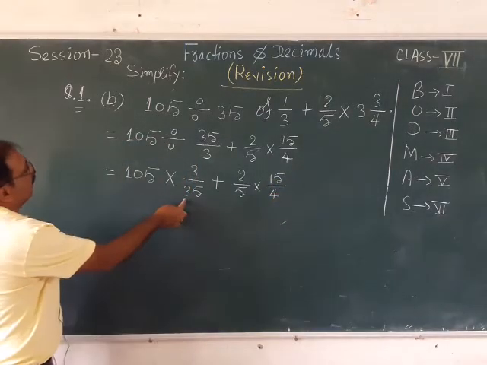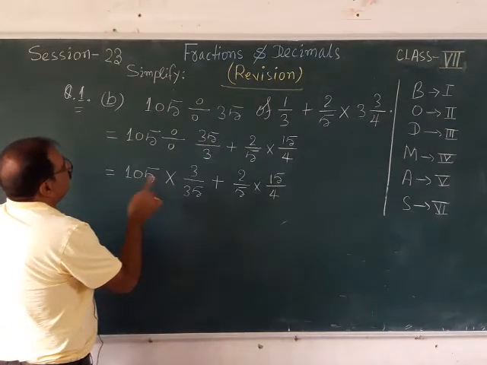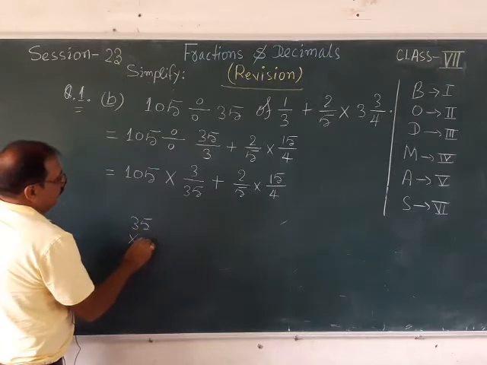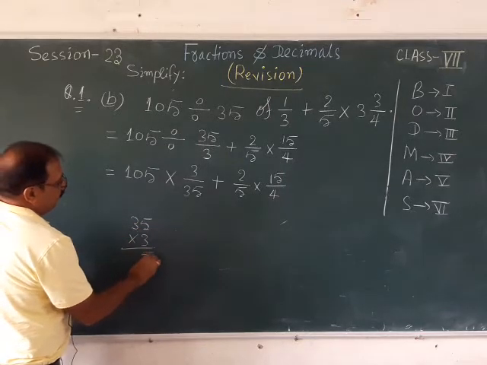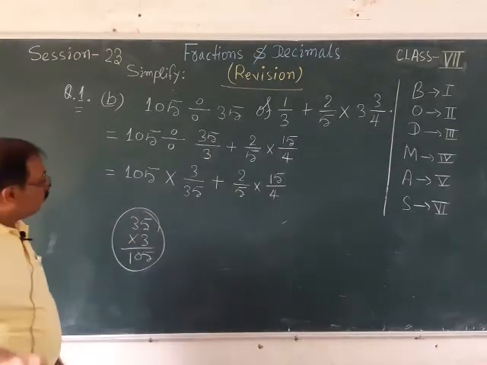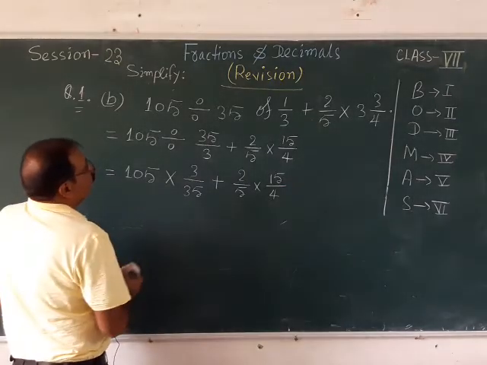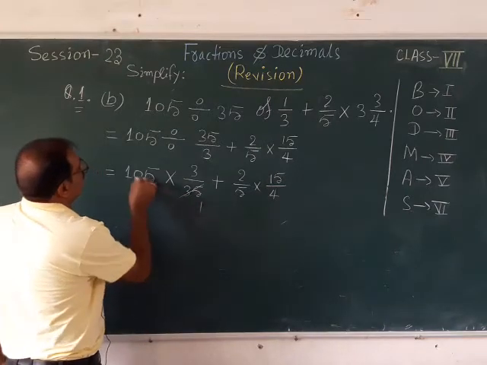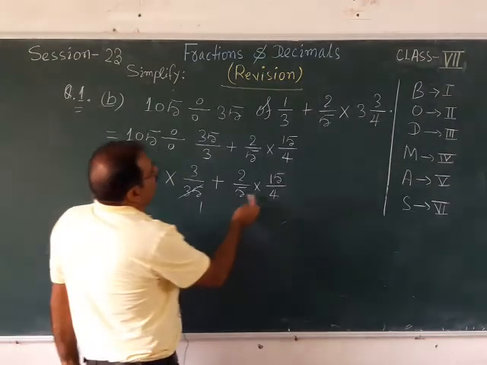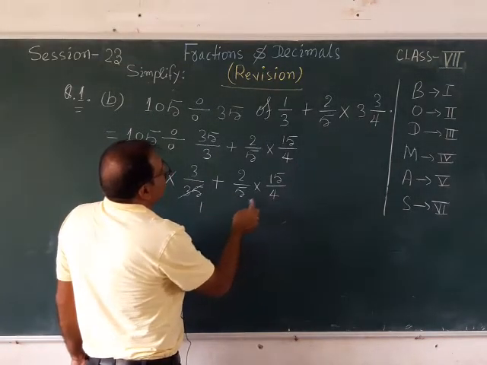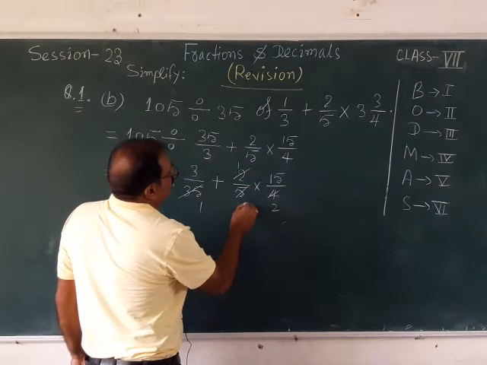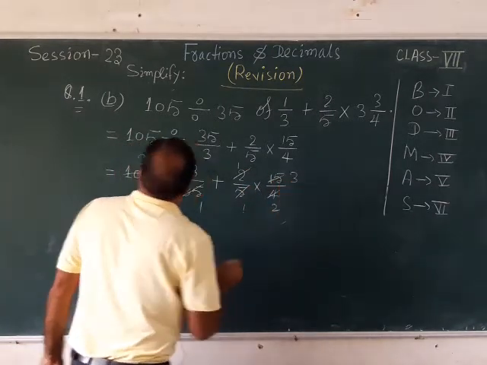Now if you can cancel here, you can cancel 35 into 3, which means 105. When you multiply 35 by 3, it will be 5 threes are 15, 5 carry 1, 3 threes are 9, plus 1 is 10. That means 35 into 3 gives you 105. So you can cancel 35 once, and 3 times you can cancel 105. Now there is one more multiplication sign, that work you can do. 2 ones are 2 and 2 twos are 4. This side also 5 ones are 5 and 5 threes are 15.